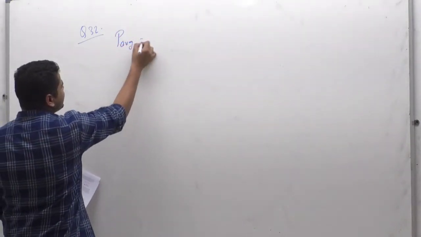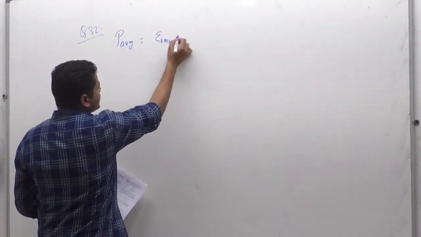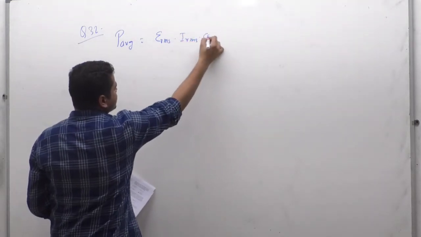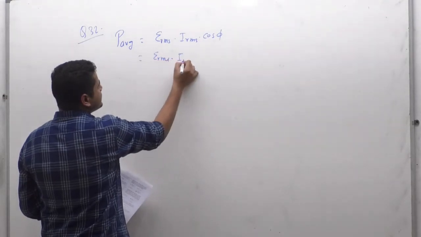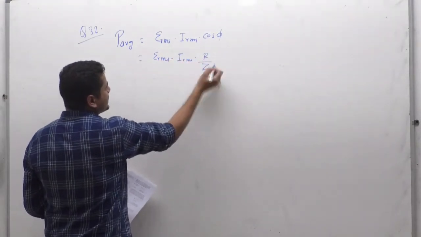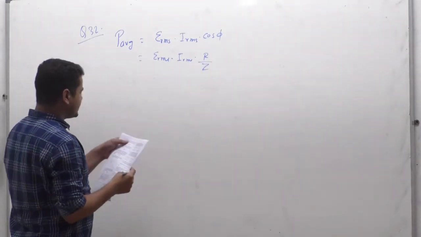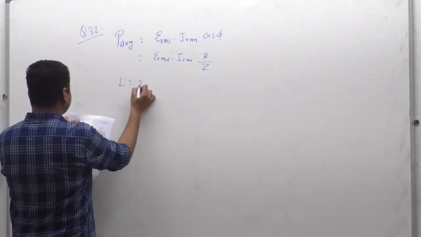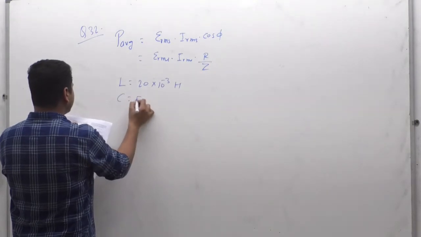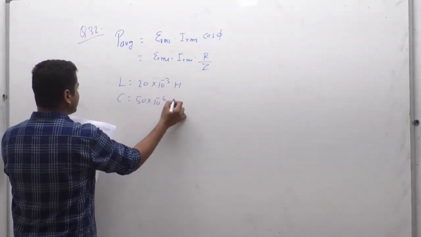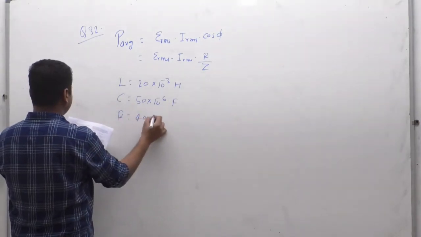So power loss is basically average power, and in AC series RLC circuit, average power equal to ERMS, IRMS into cos phi, and we know that cos phi equal to R by Z, impedance. Now see in the question what they have given. Inductor: L equal to 20 milli, which means 10 power minus 3 Henry, capacitance C equal to 50 micro, which means 10 raised to the power minus 6 Farad, and resistor R equal to 40 ohm are connected